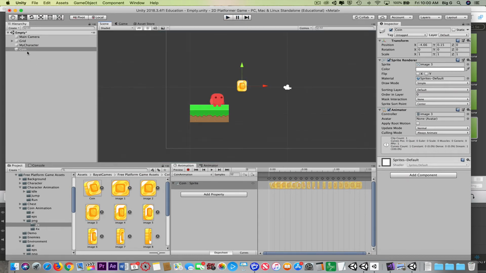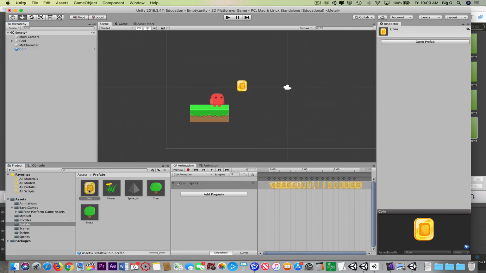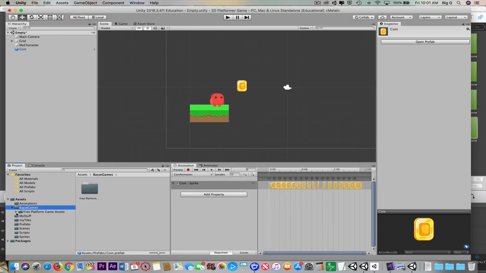And so now I have this coin object. I'm going to make it a prefab so I can use it in my other scenes. So I'm just going to drag it into my prefabs. And I have an animated coin object that I can use to pick up in my scenes there, which is great. The other animated object I want to put is our water. So let me find that. I'll go to Bayit Games and